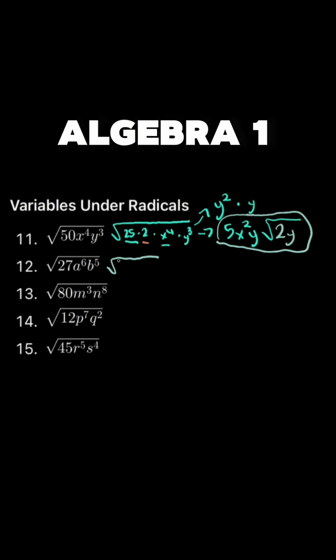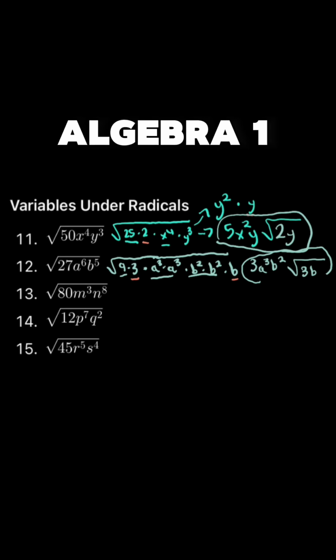Similarly, on the next one, we will separate 27 into 9 times 3. And a to the sixth can be separated into a to the third times a to the third. Similarly, b squared is b times b, and we have an extra b. So if we have two of the same thing inside of the square root, we just take it out. So a to the third, and the square root of 9 is 3, and we keep in the extra 3b